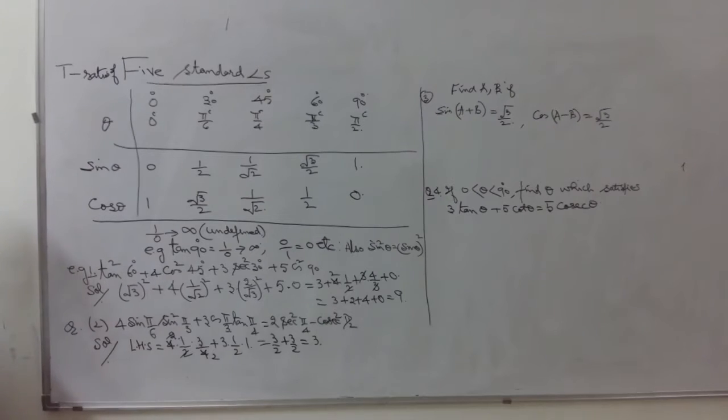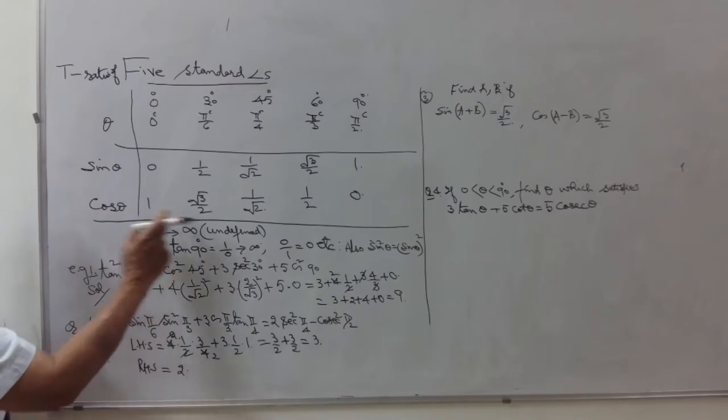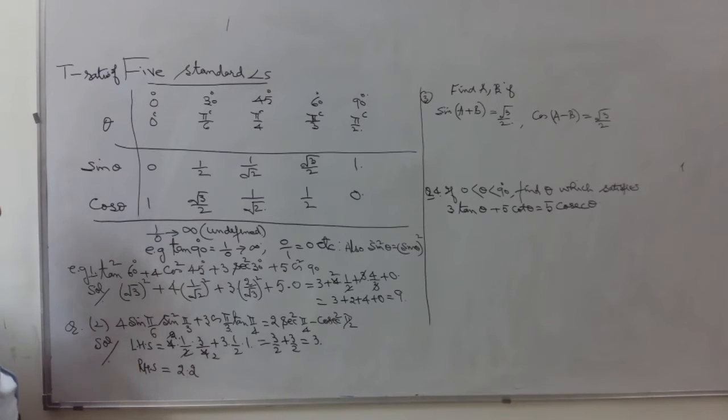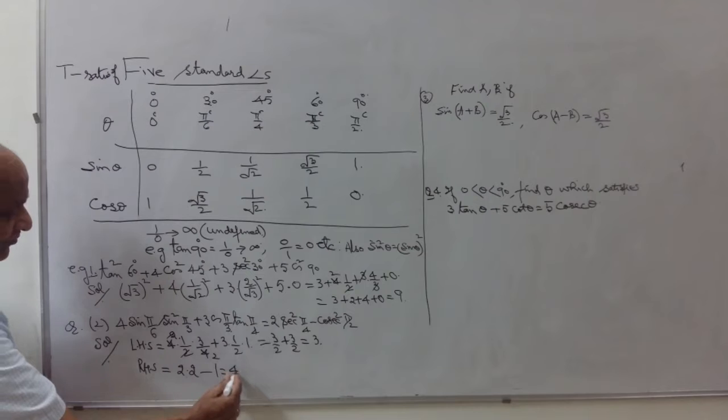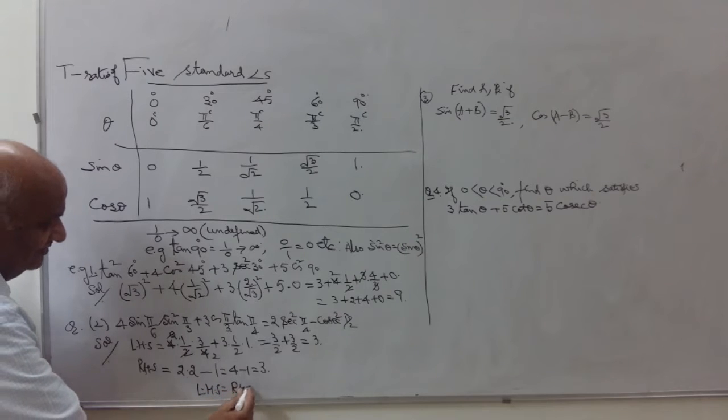That is the left hand side. Similarly, if you take up the right hand side, this is now 2 secant square of 45, that is pi by 4. Now see, cos pi by 4 is 1 upon under root 2. This becomes just 2. And we have minus cosecant square of 90, cosecant 90 or sine 90, the reciprocal is 1. That means 4 minus 1 is 3. Therefore, we are able to verify that left hand side is equal to right hand side.